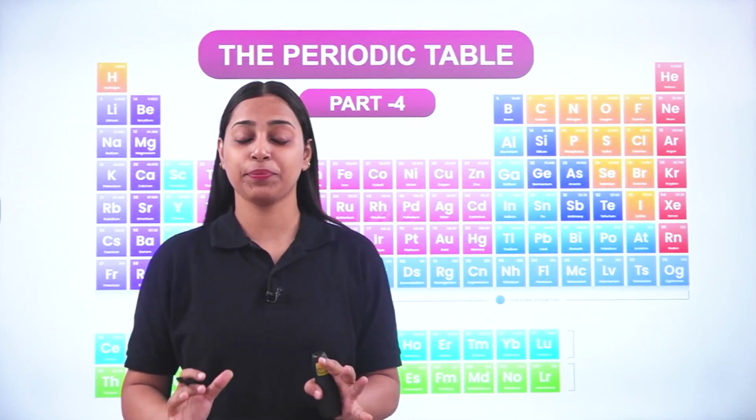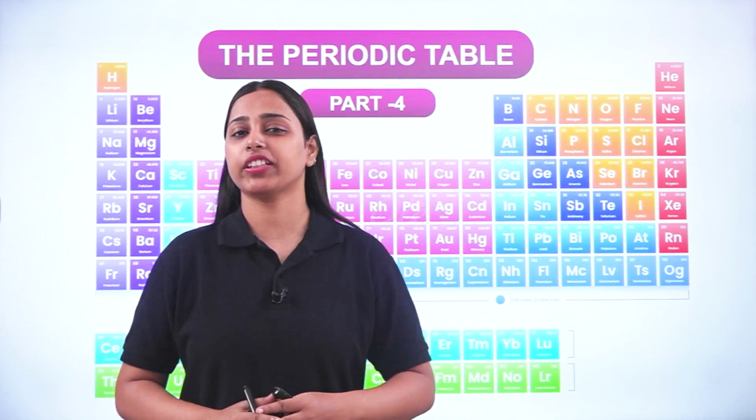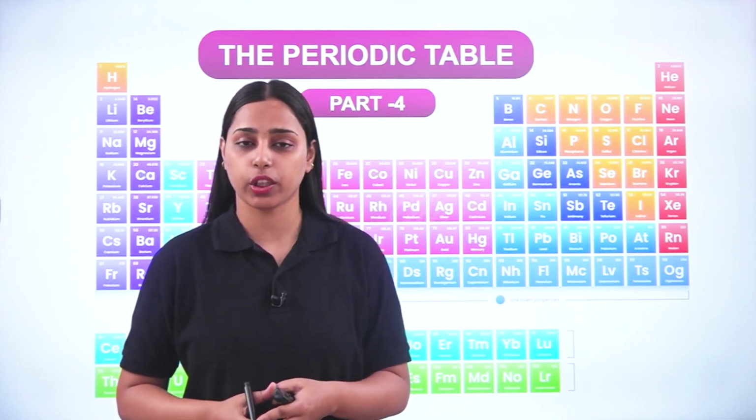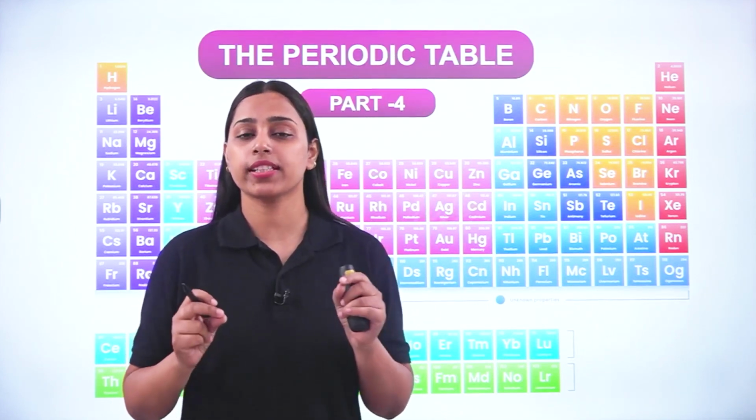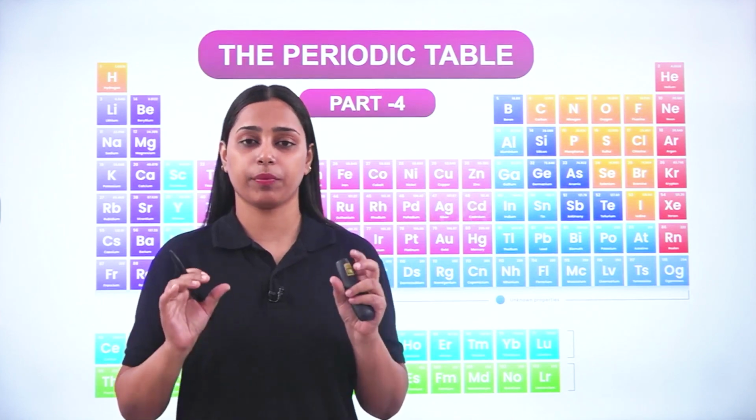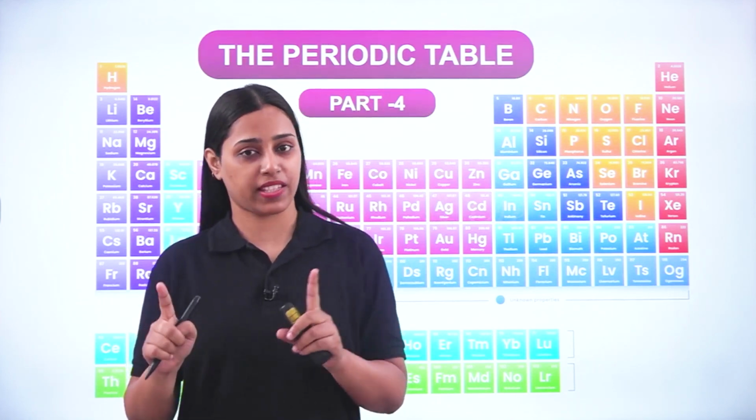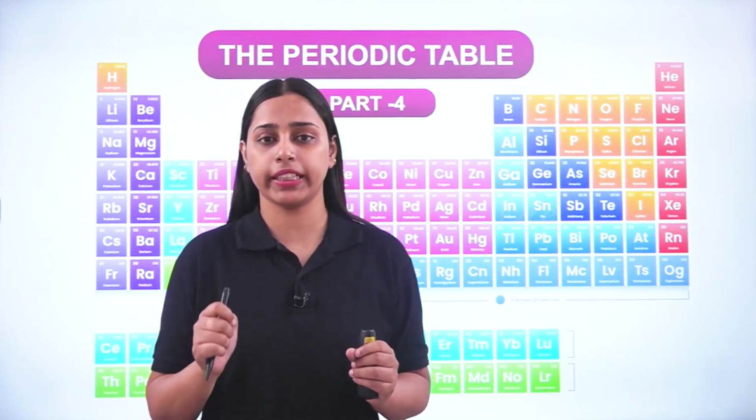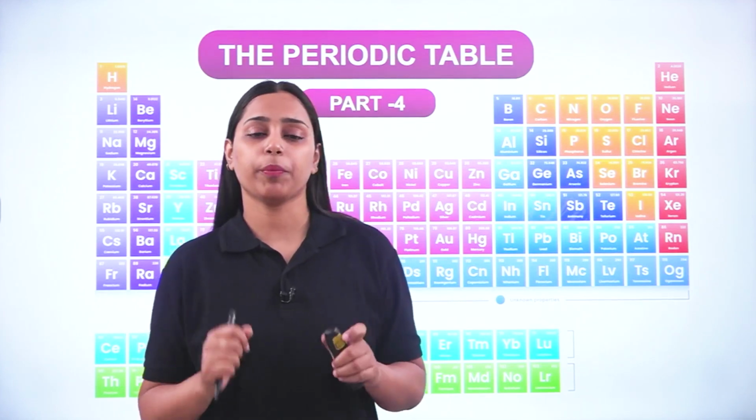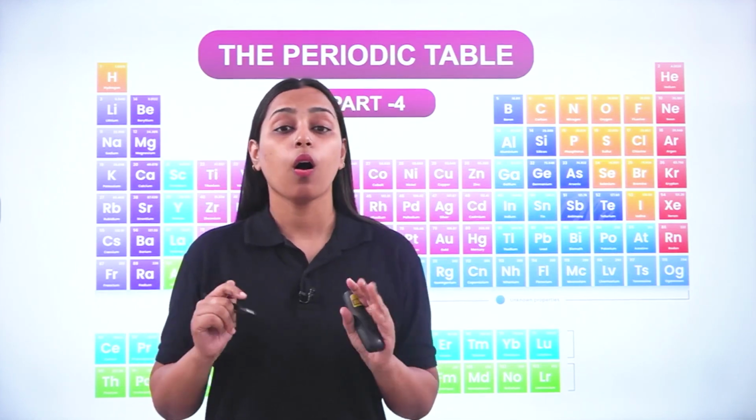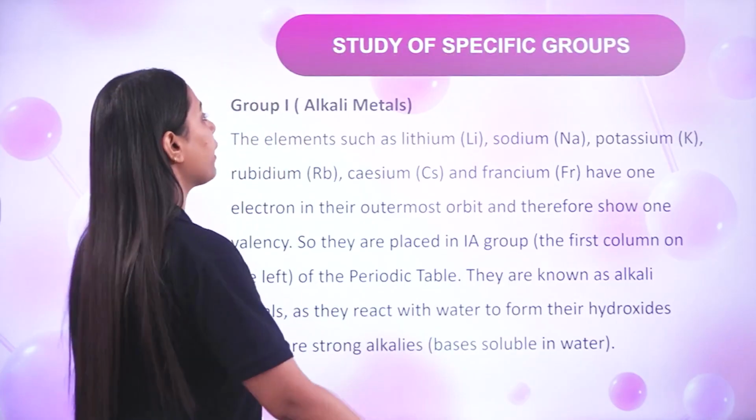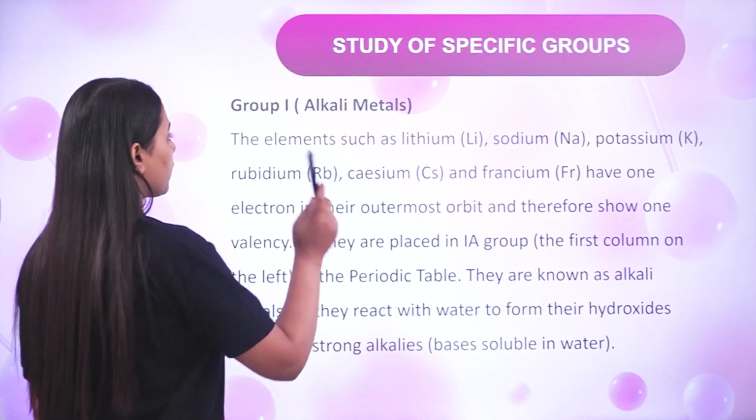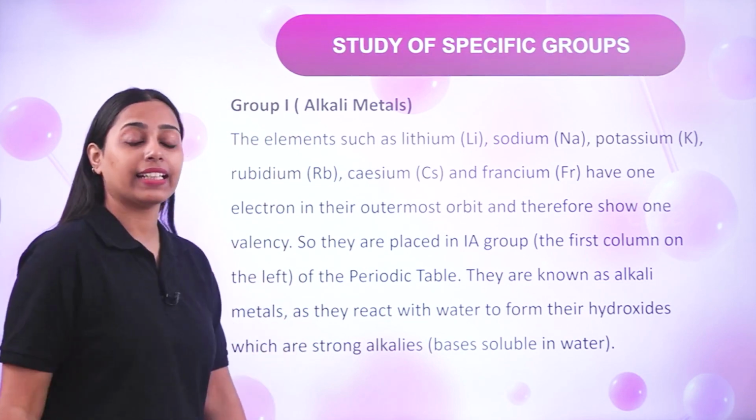We were discussing the periodic table lesson, and in that we were discussing general trends of the modern periodic table. Now we are going to discuss some of the characteristics of the periodic table in terms of specific groups. So one by one we will be dealing with and picking up the groups from the periodic table and will understand all the information about that particular group. So let's start the session and we have a study of specific groups including group 1 first, that is alkali